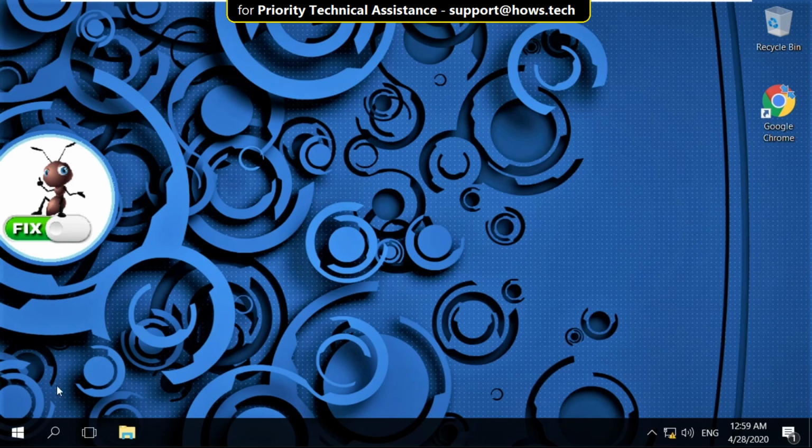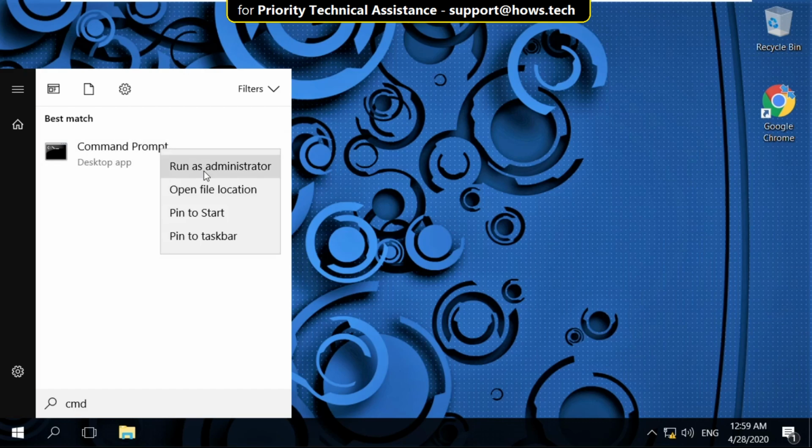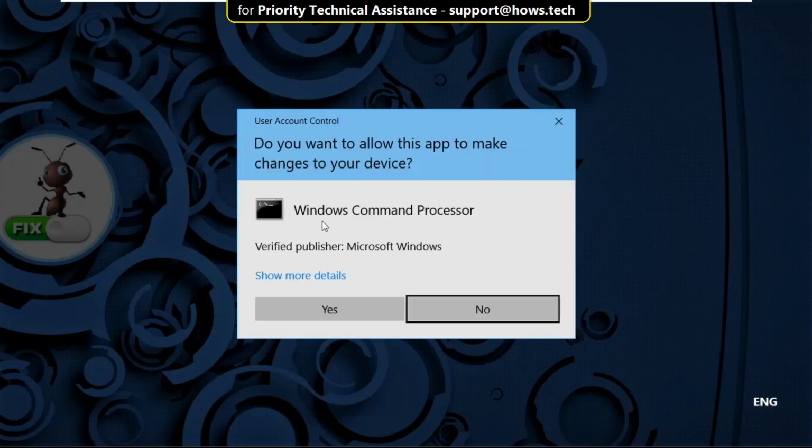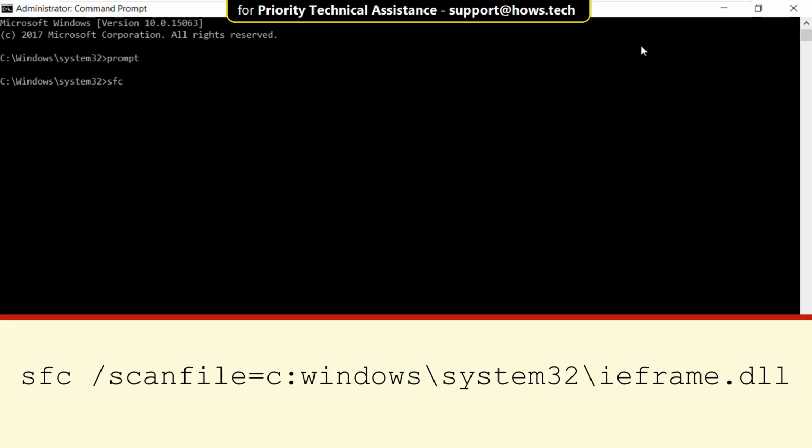In the next step, go to search bar and type cmd, right click here and select Run as Administrator, then select S. On this window you have to type these commands carefully. Type prompt and hit enter, then type